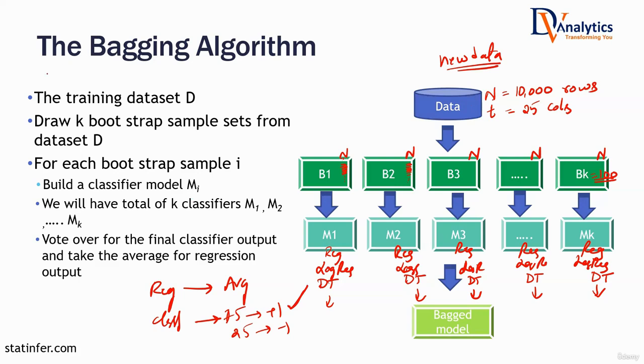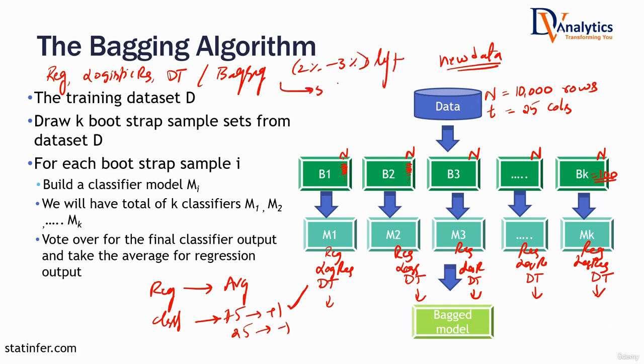When you compare this bagging algorithm to a simple model like regression, logistic regression, or decision trees, these type of bagging models tend to give minimum 2 to 3% lift in the accuracy. If we are lucky, sometimes we may even see 5% improvement. That means, let's say if a decision tree is giving max 88% accuracy with the same data, without any modifications, without any extra effort, just by changing the algorithm to bagging, you can sometimes push it to 90% or 91%.